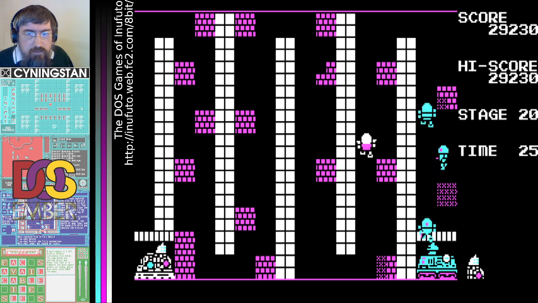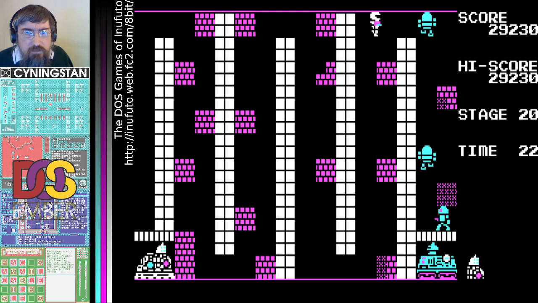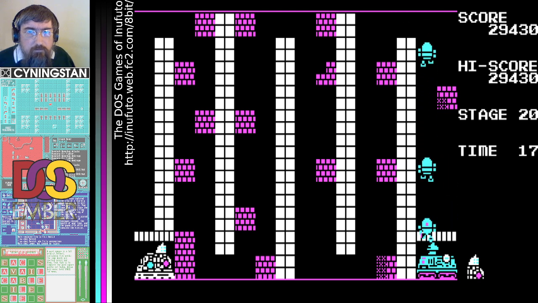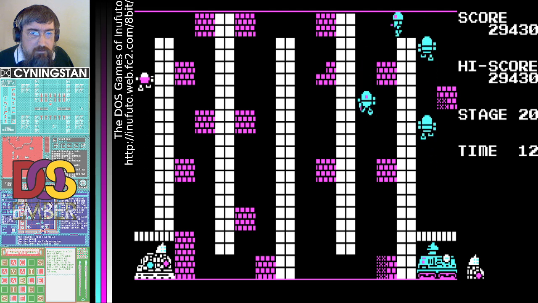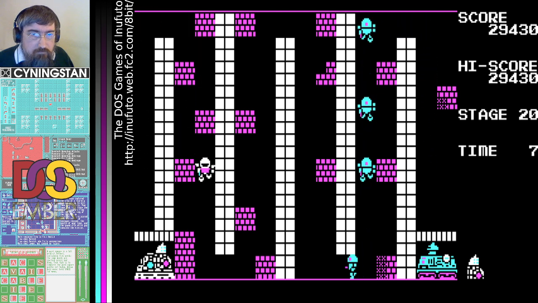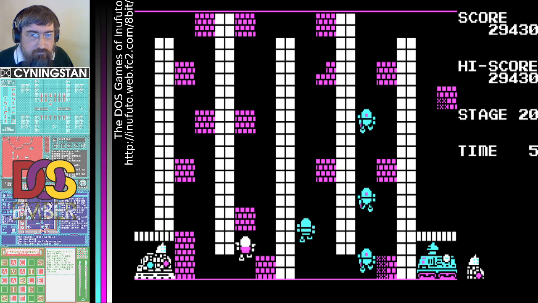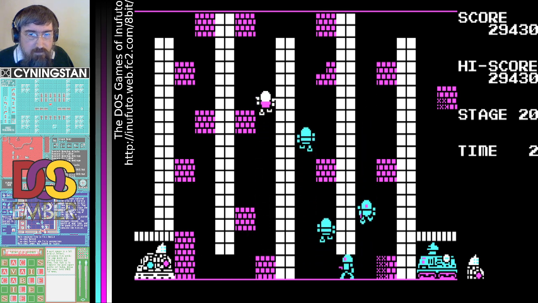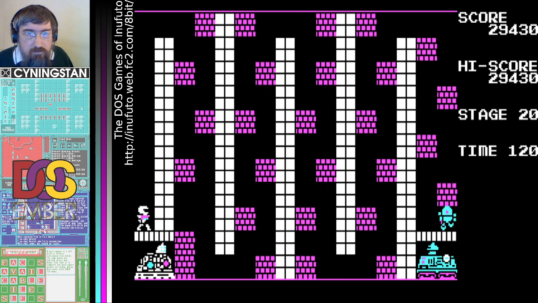I am running much faster than they are. Okay, timer run. If your timer runs out, then you lose your base.